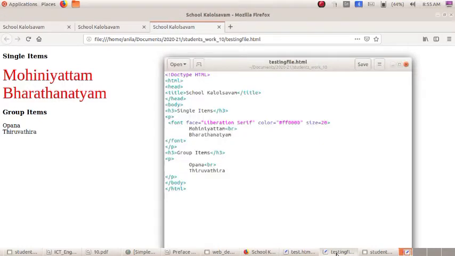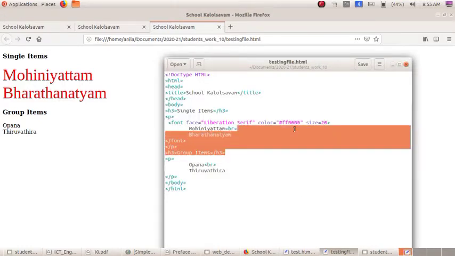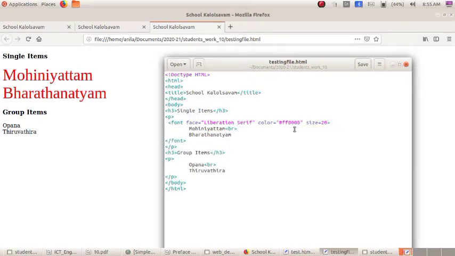So you have already known about the primary colors. Which are they? RGB, that is red, green and blue. The first two values are for red, the second two are for green, and the last two are for blue color.